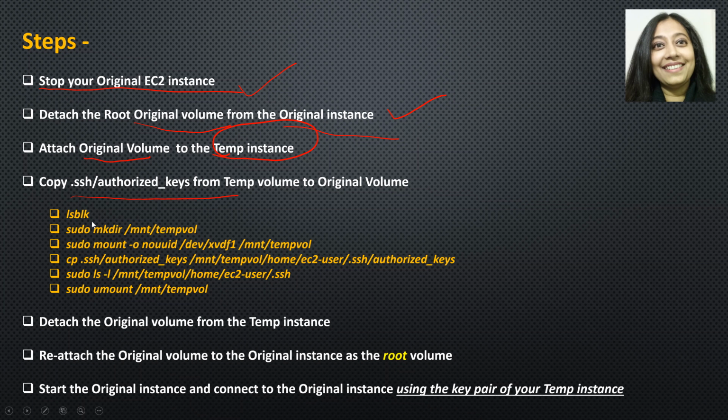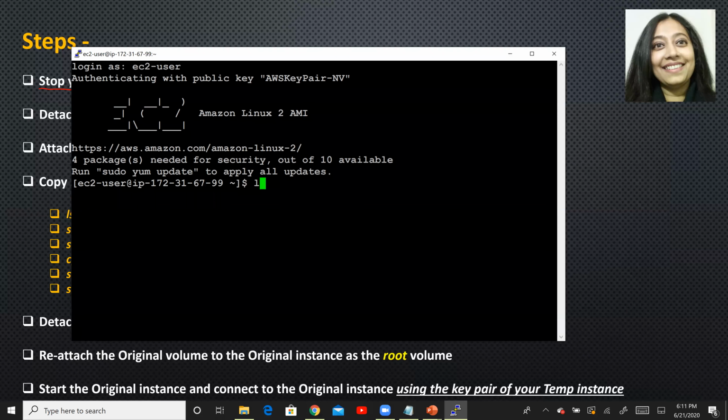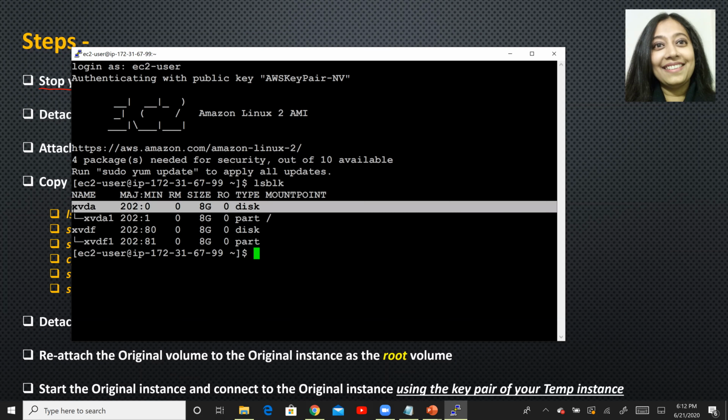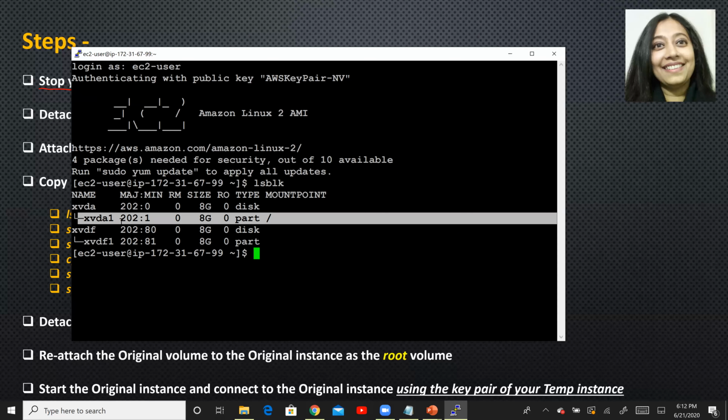The first thing is we want to know what different devices have been attached to this instance, and the command for that is lsblk. So let's go back over here and say lsblk. Over here you see that we have this particular root device. The mount point is right at the root. And we have another volume that is attached, but it is not mounted yet. So there are two disks, as you see. This is disk 1 right here. This is the original root volume, and it is mounted right at XVDA1.